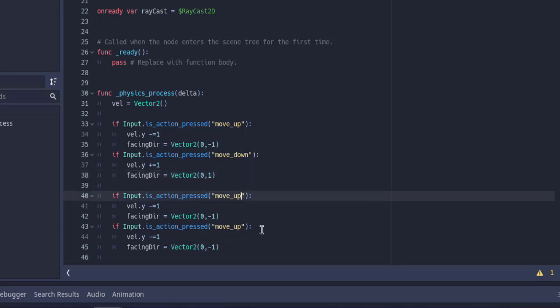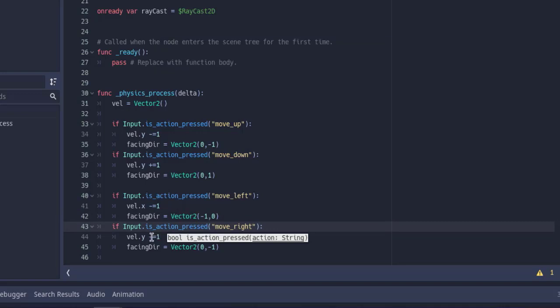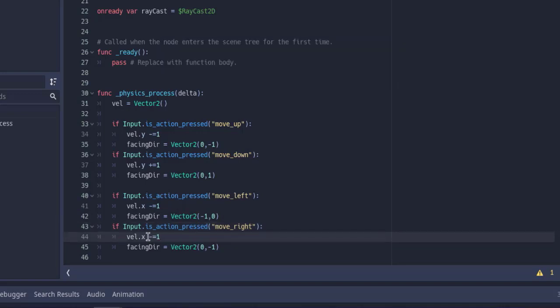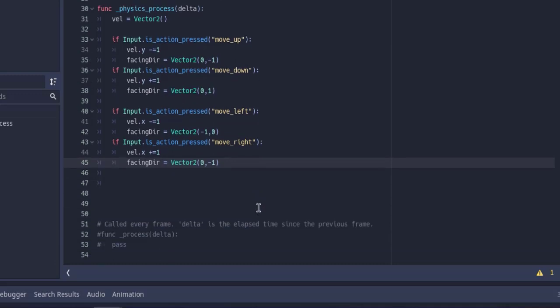Then we have move underscore left. Now left means we have x-axis direction, right? So velocity dot x, right, which should be minus equals to 1, facing direction vector 2. Here, however, we will have to use minus 1 and keep our y-axis set to 0, right? Similarly, we have to move to right, right? Then again make changes to x-axis with plus equals to 1, with vector 2 value being positive 1 and 0,